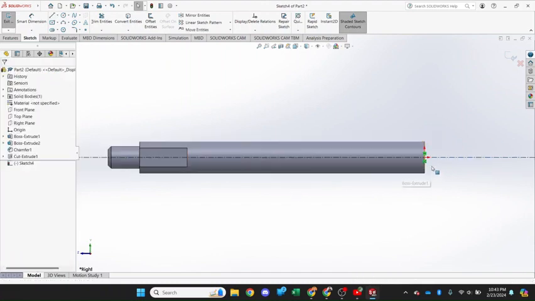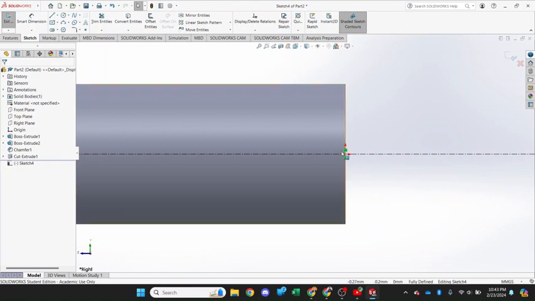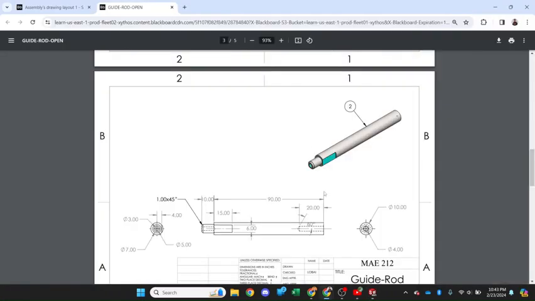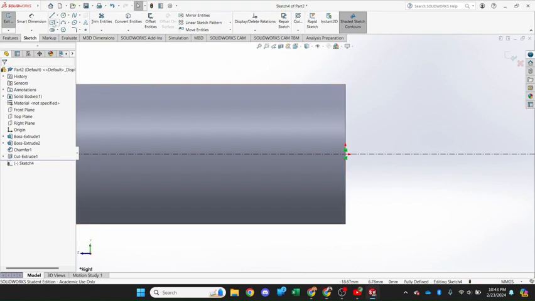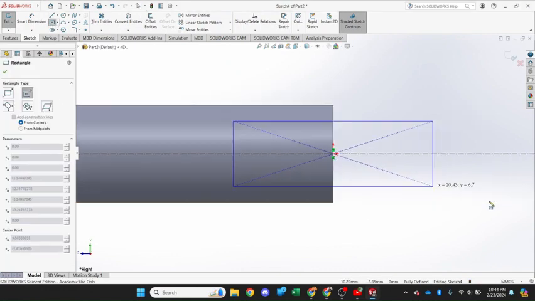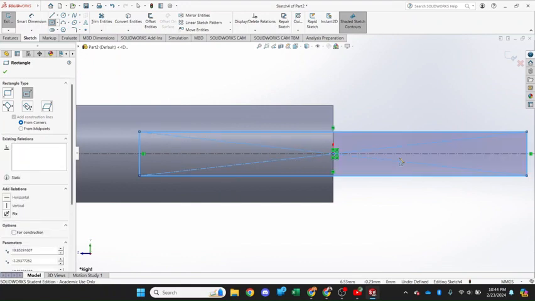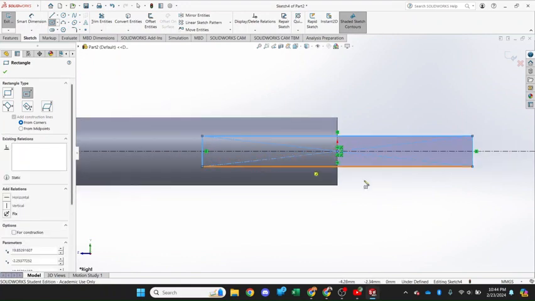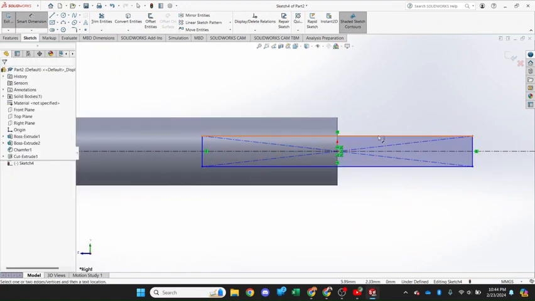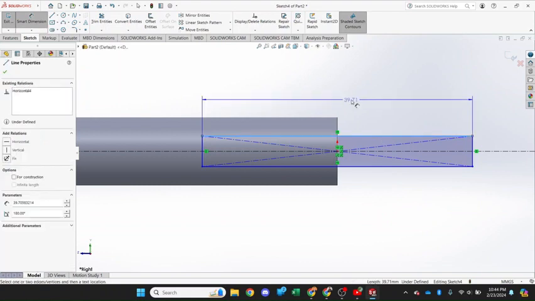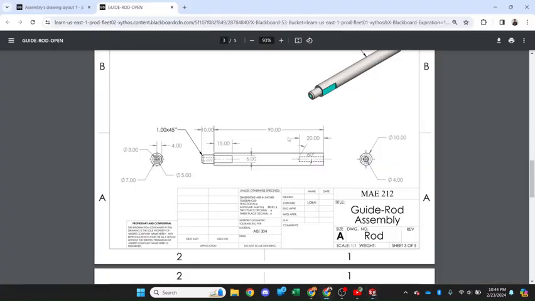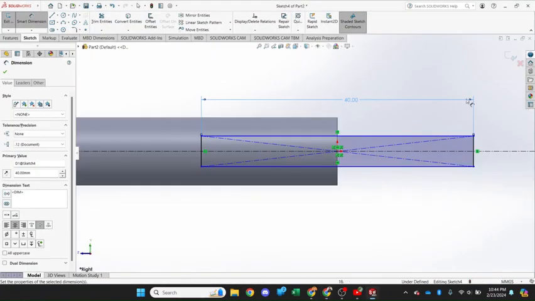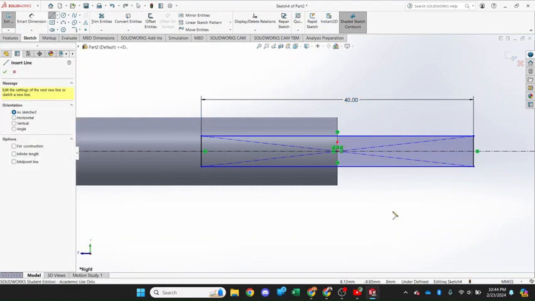And then grab a center rectangle, drag out, smart dimension. Because I'm doing a center rectangle, I'm doing 40, while the dimension is 20 here because I'm going to cut off this side, add in a line,